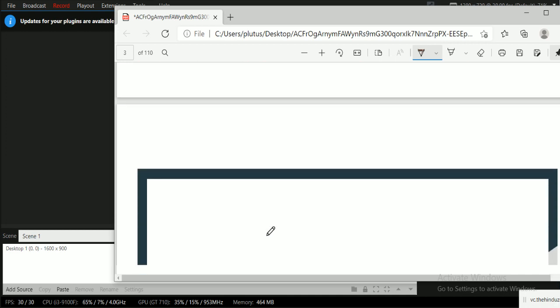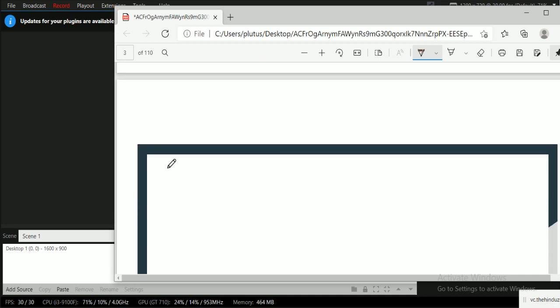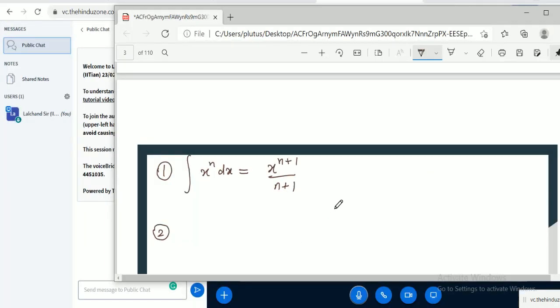Okay. So let us discuss some basic formulas for integration. What is the first formula of integration? The first formula is simple for algebraic functions like x to the power n. The integral of x to the power n is equal to x to the power n plus 1 divided by n plus 1. Okay. What is the second formula for integration? Can anyone tell me what basic formulas you know? You memorized all the basic formulas, I think. Okay. So tell me fast. How many formulas do you know?